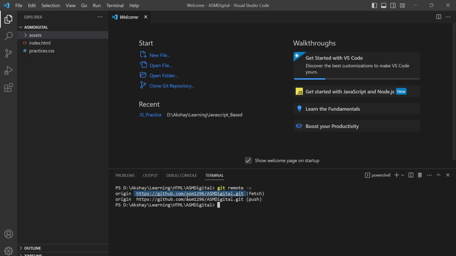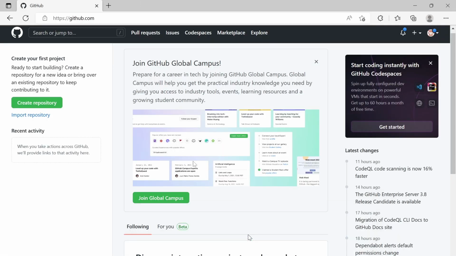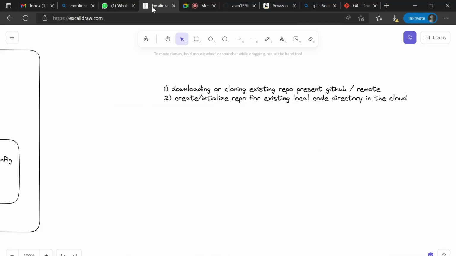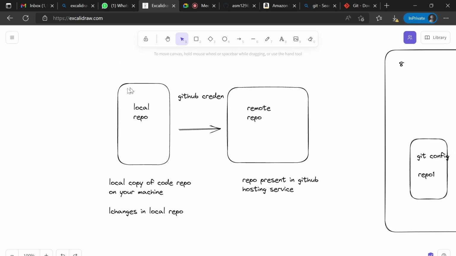The same thing is present here with the variable origin. So whatever changes I do and push will go to this remote repository. From the local repository it will go to the remote repository.